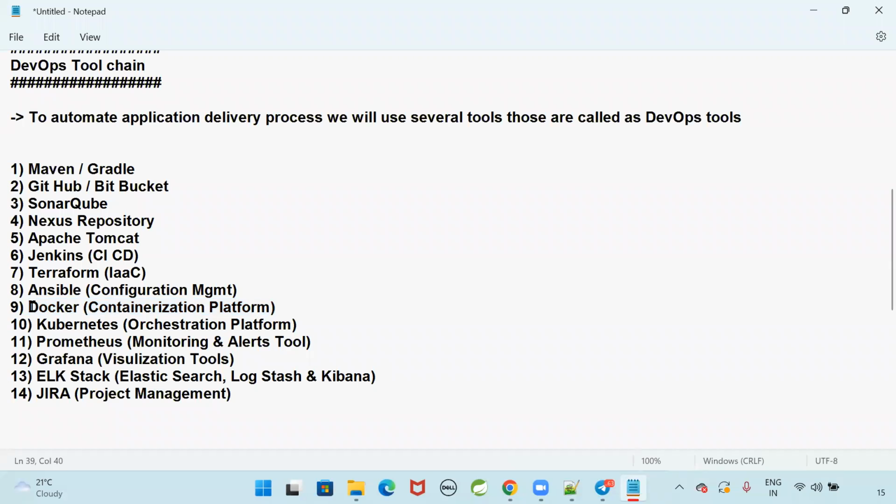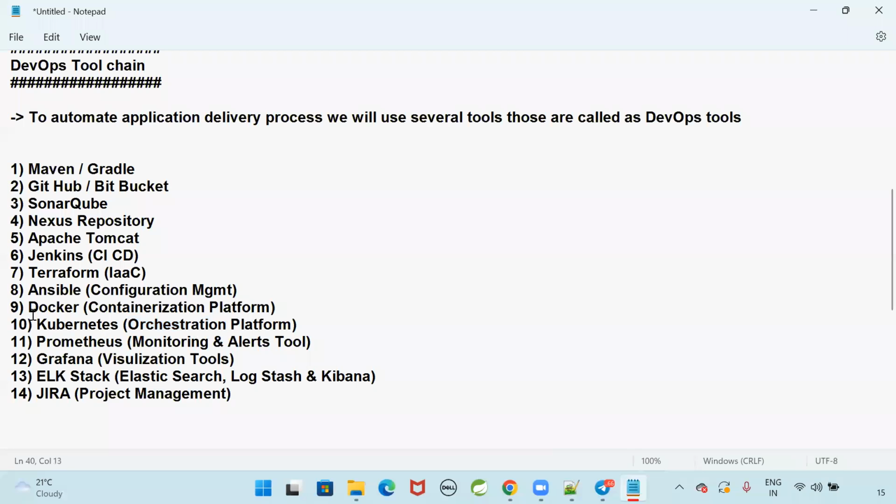Docker is used to run our applications in any machine easily, right? So once the Docker containers are created, to manage the Docker containers, we are going to use the Kubernetes platform for orchestration. Orchestration is nothing but managing the process.